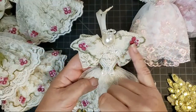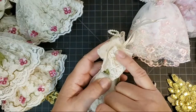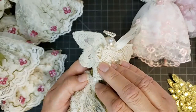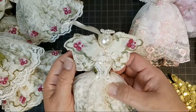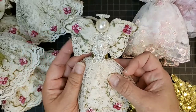So what I did is I found one of my doily linens. You can see it right there. I cut it up into pieces, and I don't have very many of them, so I'll only make a few of these. And then I made it into the wings, and I added to the wings by putting a bow